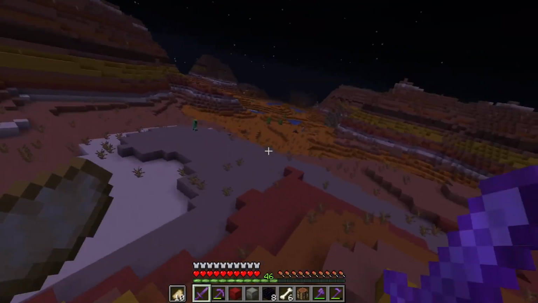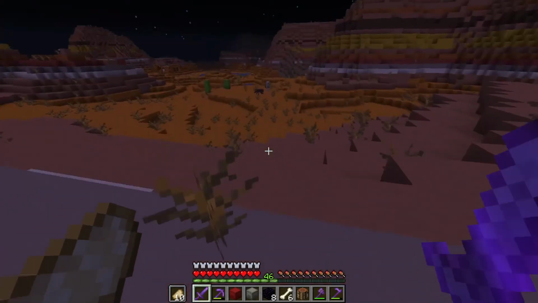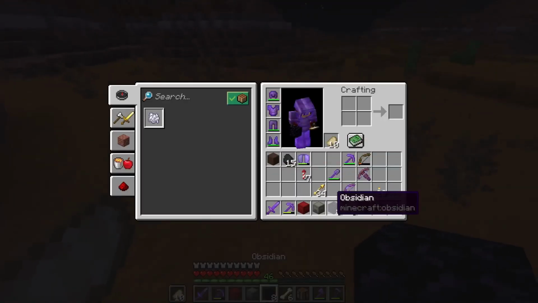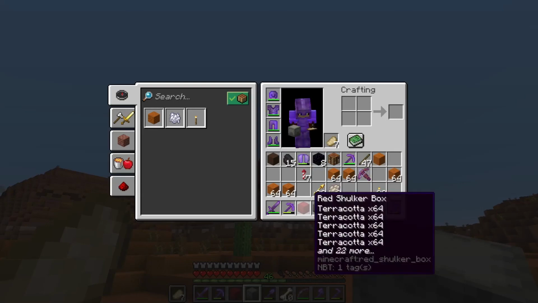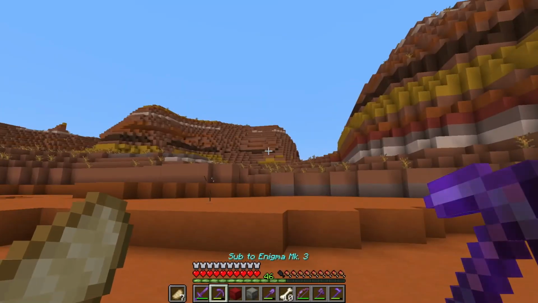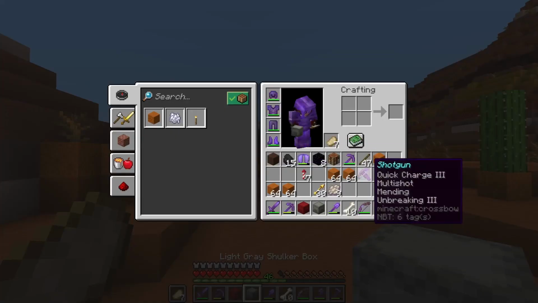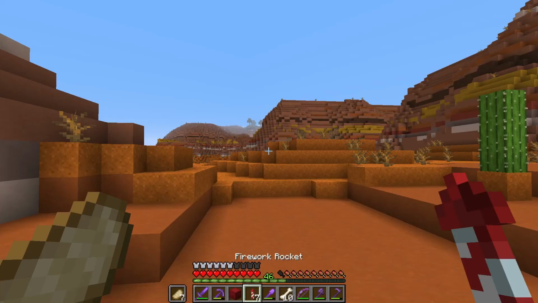Hopefully, I have enough food left. I don't have to deal with these pests, but it shouldn't be too bad. Okay, we filled up the shulker box with sand, and we filled up the other shulker box with terracotta, I guess it is called now. I'm used to it being called stained clay. But now it's time to head home, which is...